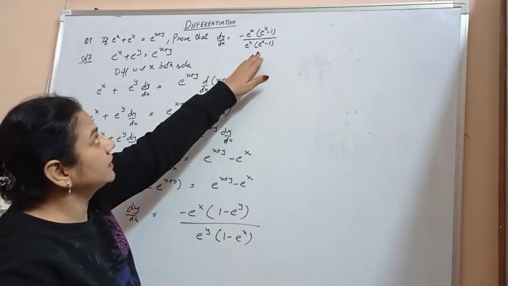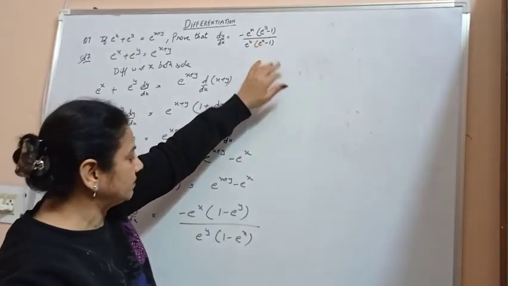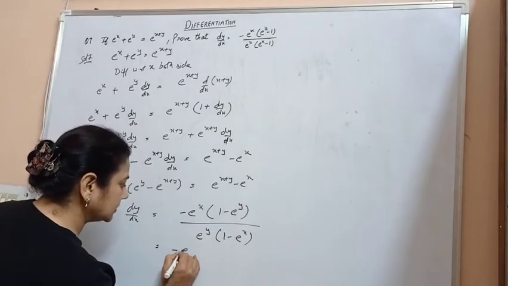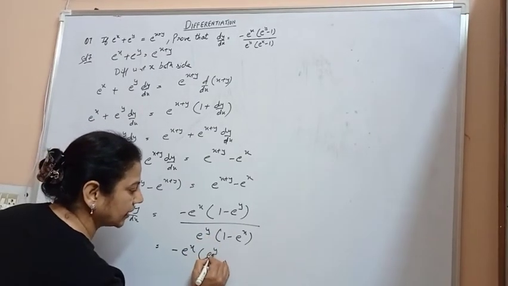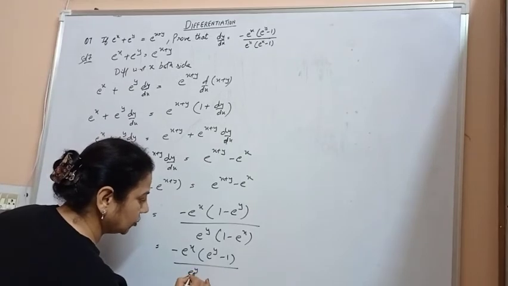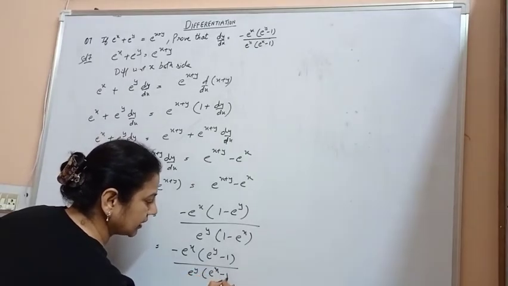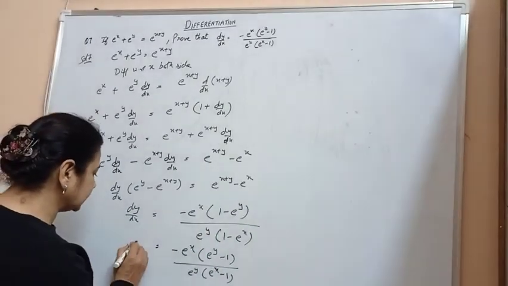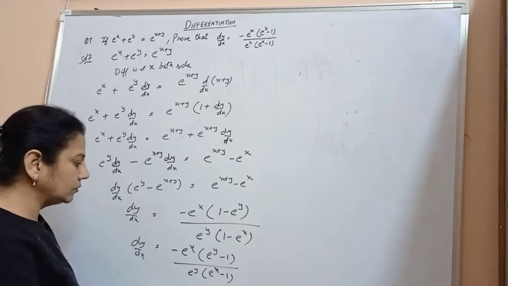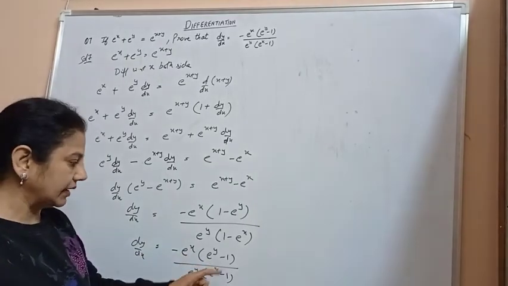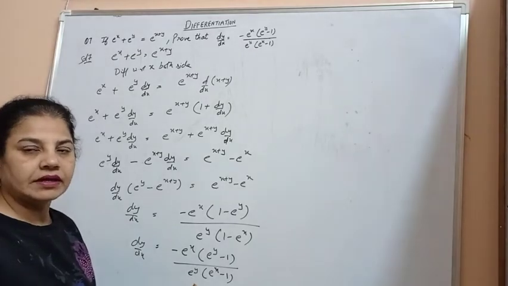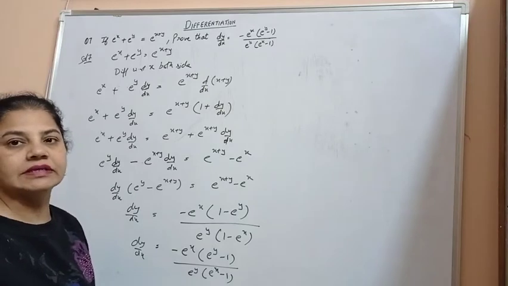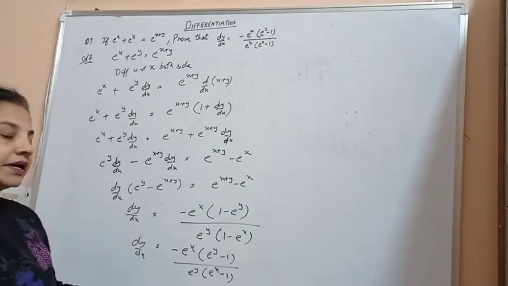Now here it is reverse, e to the power x minus 1, e to the power y minus 1. So I take negative common. Again, minus e to the power x, from here e to the power y minus 1, and e to the power y, e to the power x minus 1. As in both cases I take negative common, it will cancel out. My result is dy by dx is equal to minus e to the power x, e to the power y minus 1 divided by e to the power y, bracket e to the power x minus 1. It is the same as the result I have to prove. So hence it is proved that the given function can be written in this form.